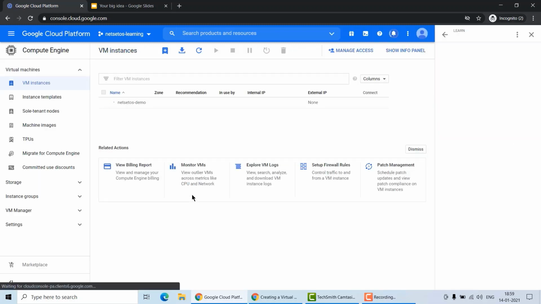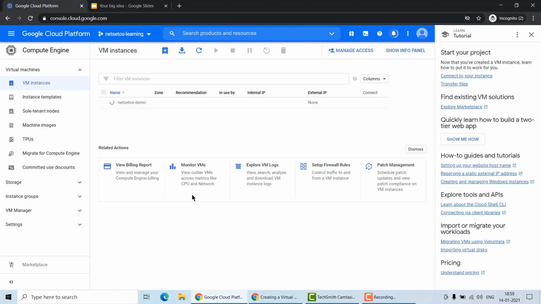So as you have seen, there is hardly any step. You have to just select it from the drop down and your virtual machine will get created. But this virtual machine is not useful if we haven't deployed any server on it. So you can deploy any server like Apache web server, or if you want to deploy Nginx, or any of the web applications, then this is the place you want to go.